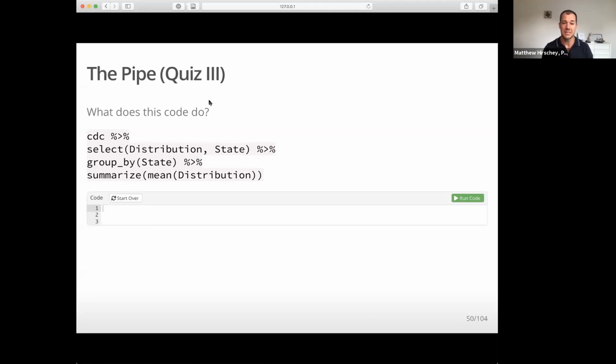So we take the CDC data set and then select, and then group by, and then summarize. The nice thing about the Tidyverse series of packages is that the intuition for the function names is quite high. We might not know exactly what select does, but we could take a pretty strong guess. Select is going to select distribution and state. I haven't told you anything about group by, but if you have now distribution and state, you might then group